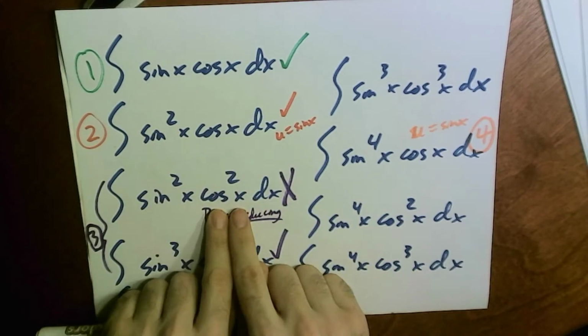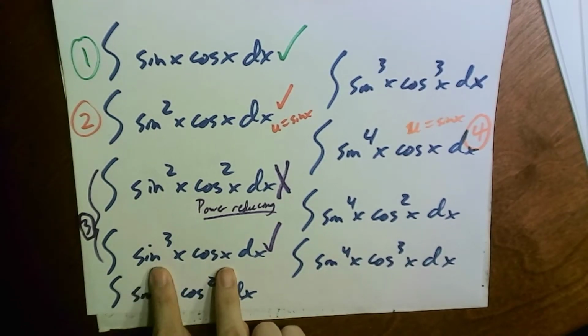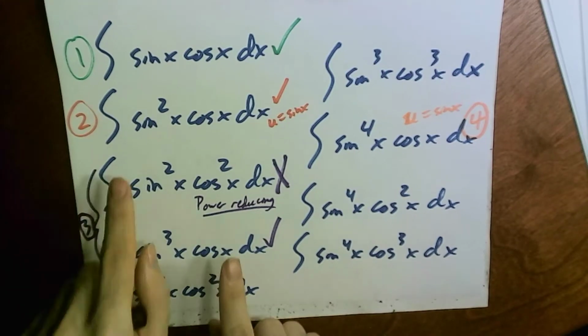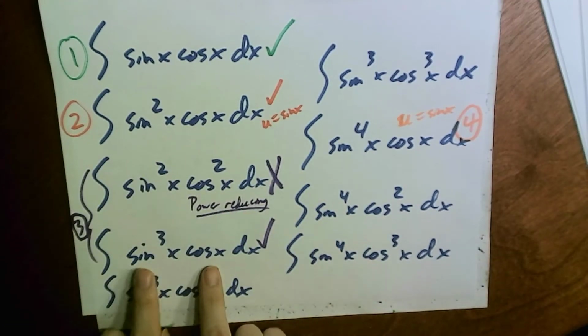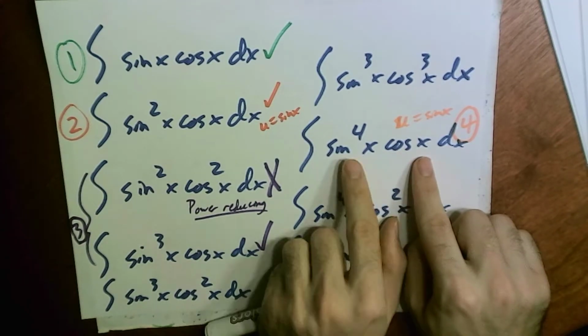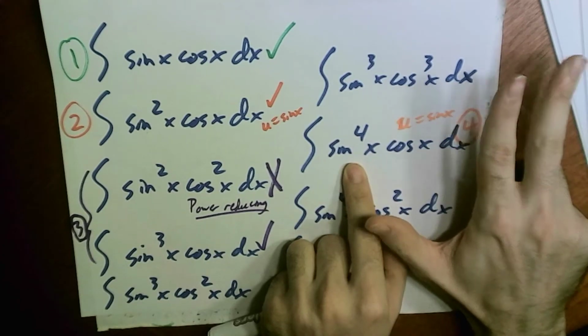However, here, if I sub for cosine, I use one of the sines. I'm left with two of them. And being left with sine squared wasn't so bad, right? Being left with a single copy of sine was terrible. I'd get square roots. It was annoying. But being left with sine squared worked out okay. Up here, if I sub for the cosine, I use one of the four. I'm left with 3. Of those 3,